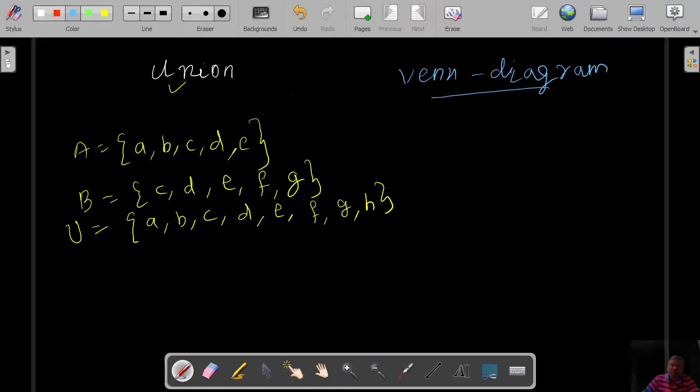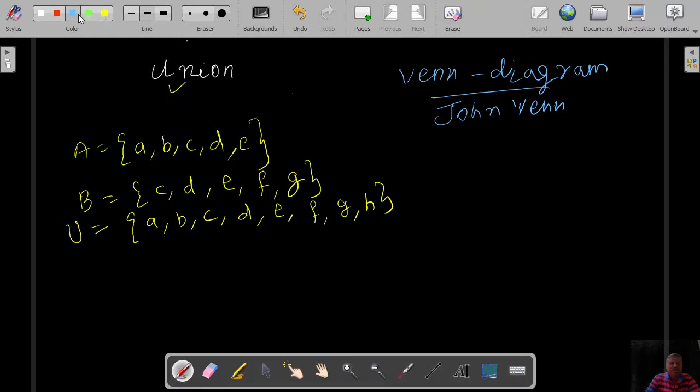The Venn diagram was first made use of by a person called John Venn. That's why it has come under his name. It's a very important diagram and you should never miss it. So now, please observe how to draw the Venn diagram. I will never complicate it, it's very, very easy.